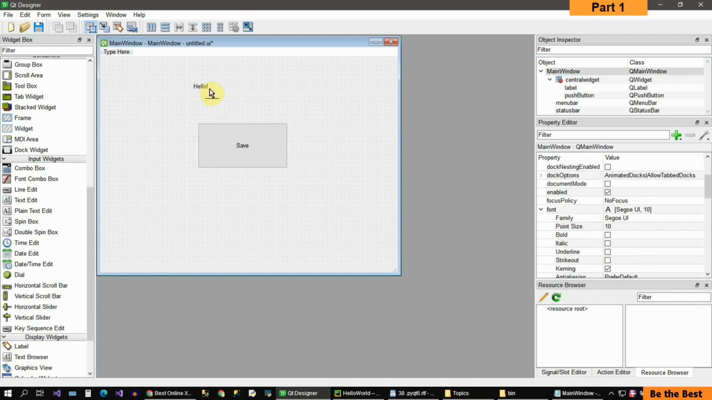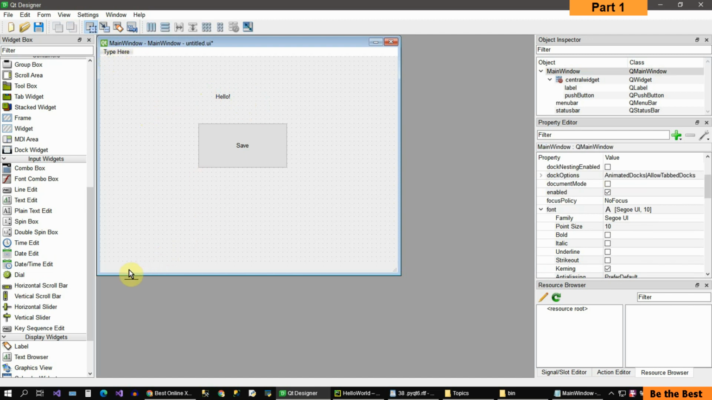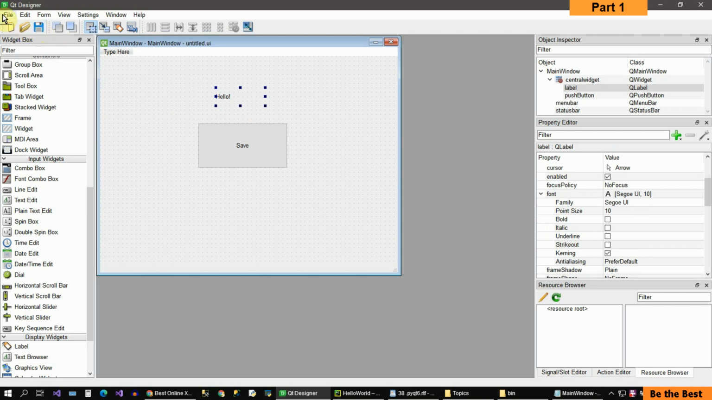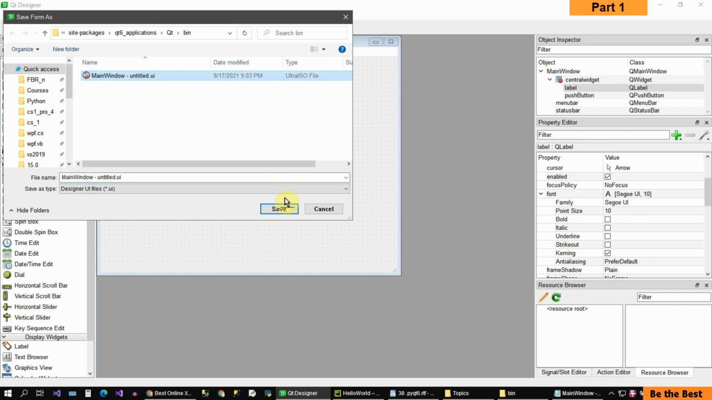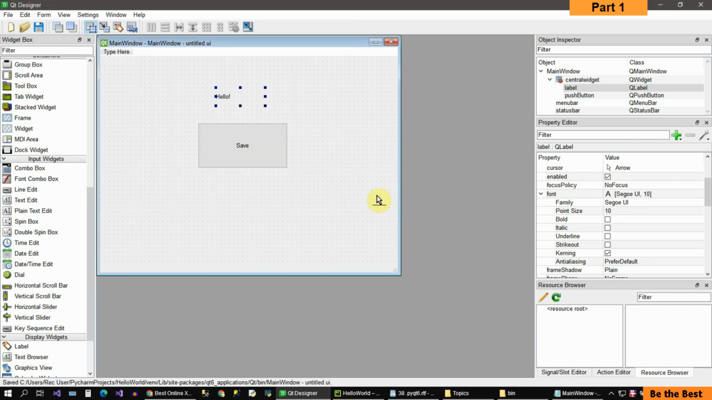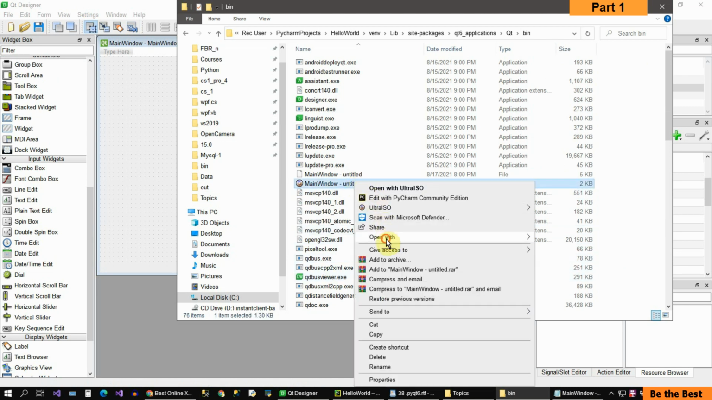So this is the hello label, and I have the main menu over here. Let's resize it. The main menu over here, and the status bar at the bottom. Now let's save it, or I can save as, and let's see the result. Yes, replace it. So if I take a look at the extension, I'll click on it, open,